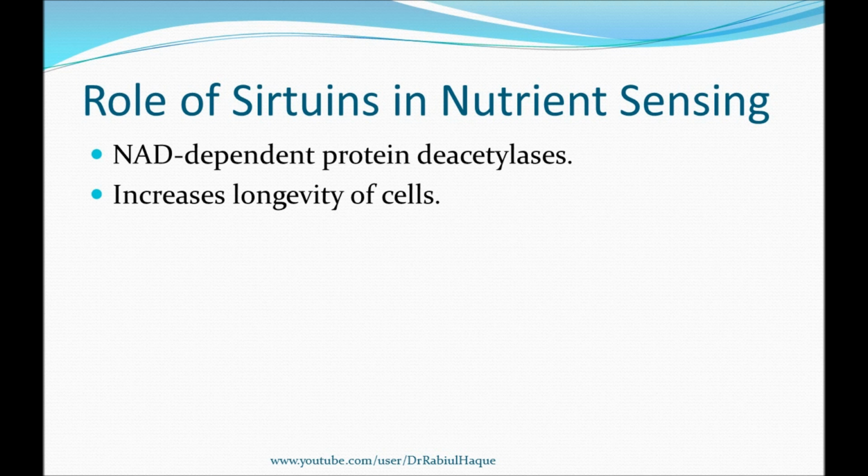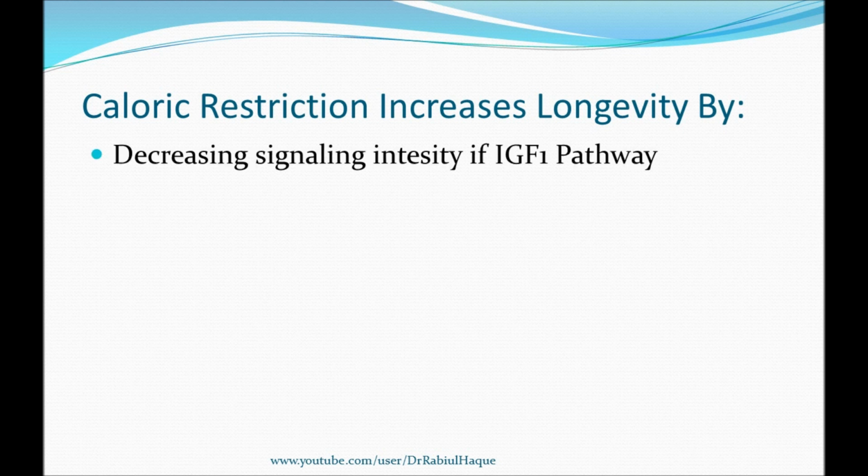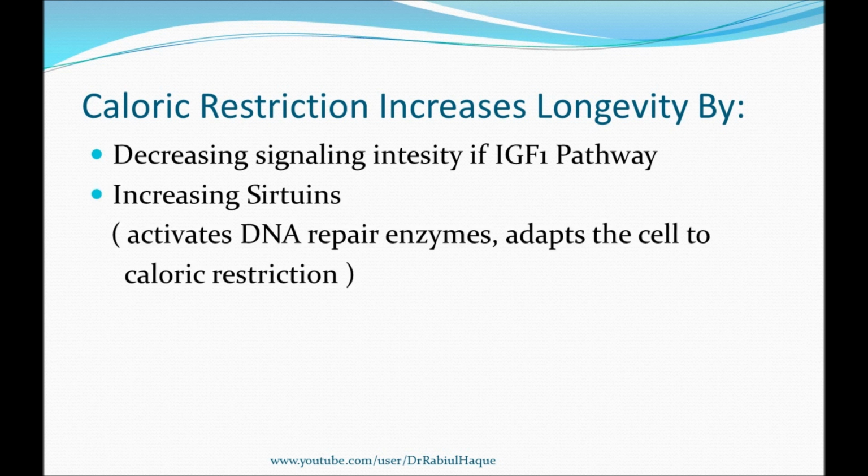So now you may be asking, Dr. Robil, why are you telling us about all these things? Why are you telling us about sirtuins and also about insulin-like growth factor 1? What are their roles in cellular aging? And the idea is, whenever there is caloric restriction, that increases longevity by two mechanisms, and they involve these two things. So one mechanism is by reducing the signaling intensity of the insulin-like growth factor 1 pathway, and the second mechanism is by increasing sirtuins. Whenever there is reduced signaling intensity of the insulin-like growth factor 1 pathway, that will reduce